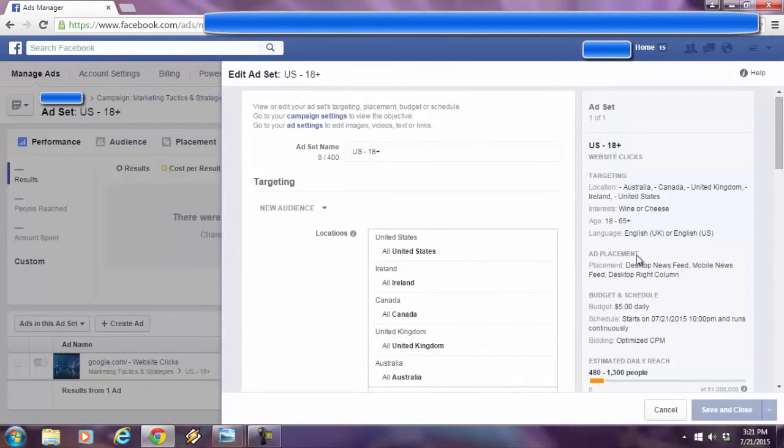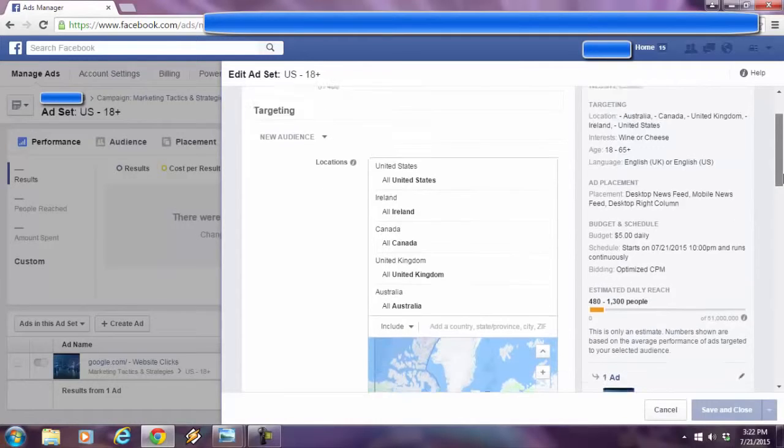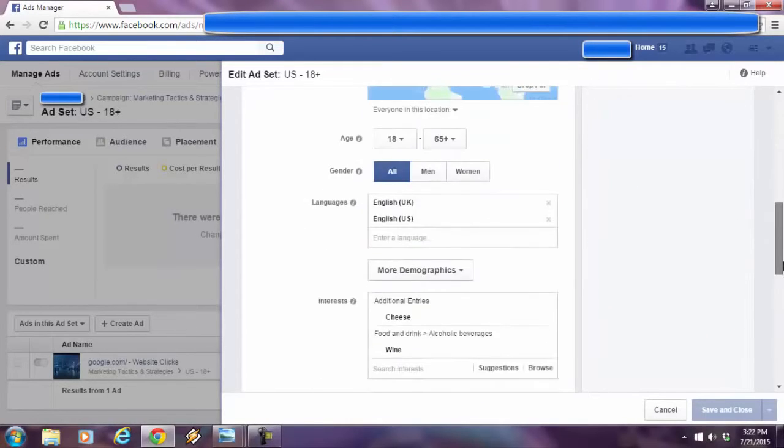So what does that really mean? That means that if a person is a fine wine enthusiast, they may be lactose intolerant, they can't handle cheese, they don't like cheese, or they're just not into cheese. Or vice versa. They love cheese, but wine makes them sleepy, they're not into it, whatever the case may be. So this is not really targeting, but according to Facebook, this is.